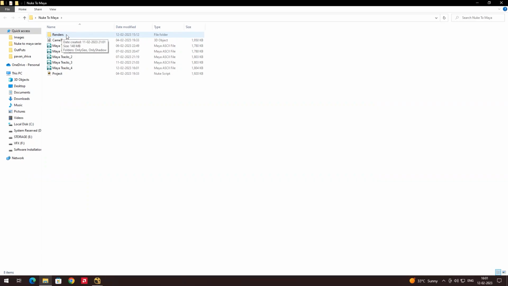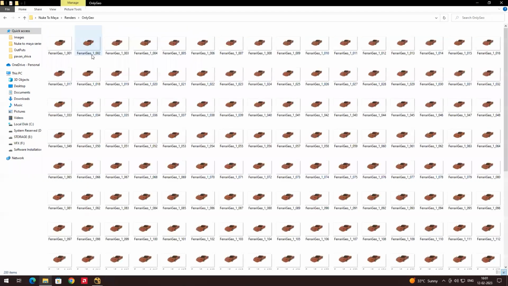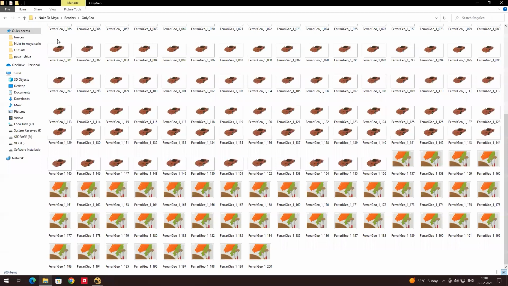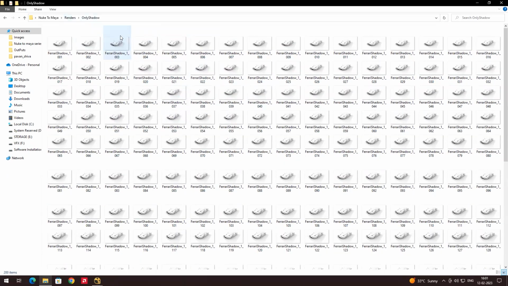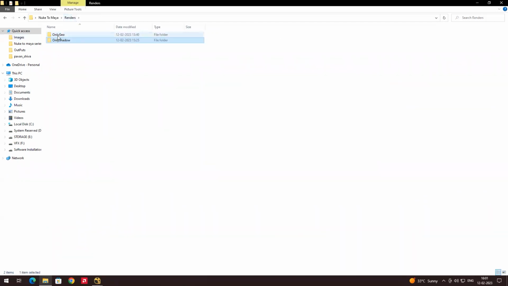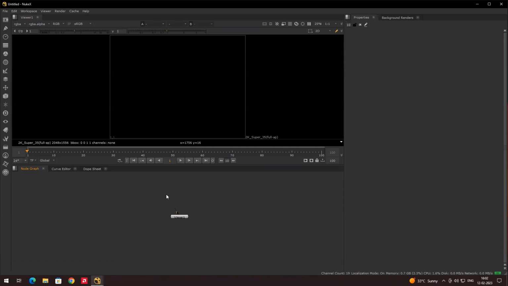So this is the final outputs of these shadows and geometry here. If you open this folder, you can see that I have exported only the geometry separate and I have exported the shadow separate. So now we'll see the final compositing in the Nuke, how to merge these two render layers, and we'll make some color gradings too. So now we will open the Nuke here,